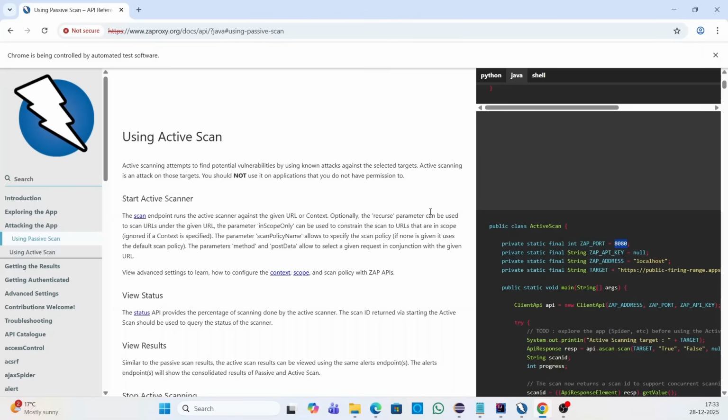Alright, you will also notice it provides ready to use sample code in multiple languages such as Java, Python, and shell script. This makes the integration very flexible regardless of the tech stack you are using. At a high level, to run a ZAP scan, we need a proxy host, a proxy port, and the ZAP API key that we will get from the ZAP application running on our system,